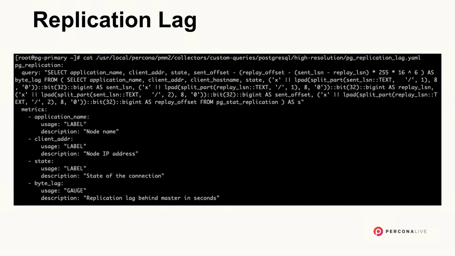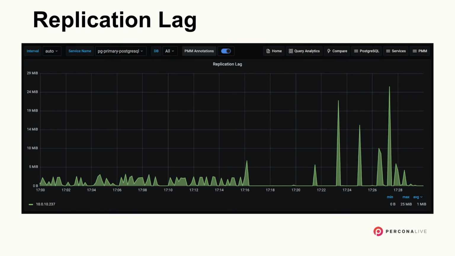Additionally, PMM client will automatically add labels to these metrics, which is what we use across PMM to be able to then filter down. Remember when we did service name and we selected our instance that we wanted to check, PMM will do that automatically for us. So the only thing we need to do is just tell which query we want to run, and then PMM will be able to collect these metrics, and we then